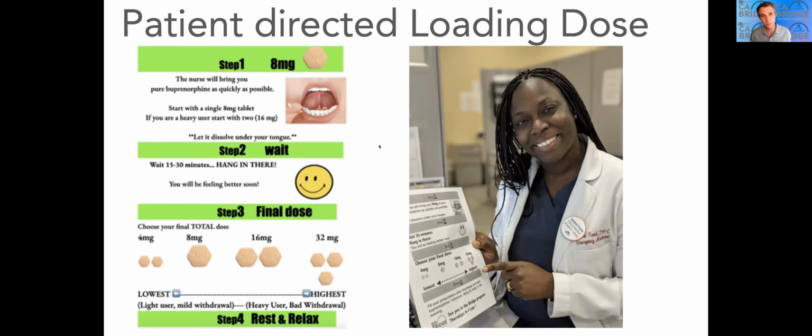So the patient-directed loading dose, I love this. This is called the Subway menu. This is what we use at Highland. We've been using it for years. It basically takes into account that not all opioid users are equal. It's just, again, insane, right? So some people use a tiny bit of Norco and other people are injecting 3 to 4 grams of fentanyl a day. The idea that they should be treated the same is totally bonkers, right? It's just not the way buprenorphine or opioid pharmacology works.